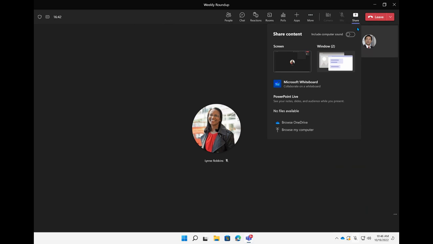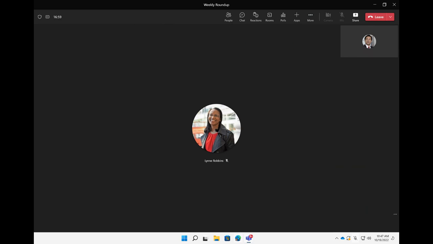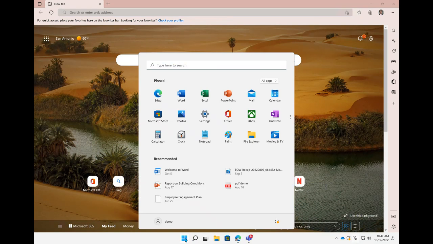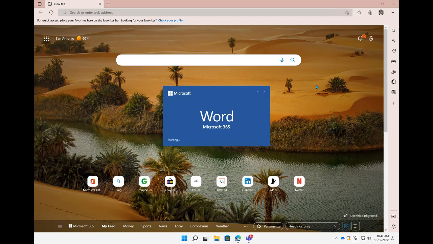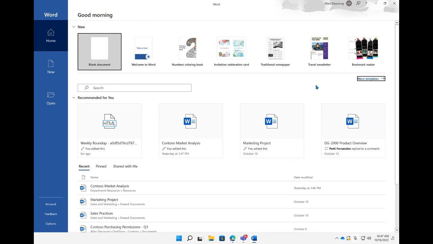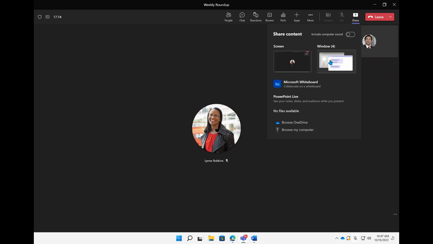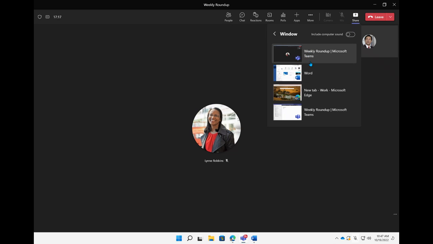I'm actually sharing my screen with you guys today. Well, actually, technically a window. But the difference between screen and window: screen allows you to show your attendees everything on your computer. So if I needed to go into a web browser, you guys are going to see that. If I open up my start menu, you'll see that, and open up another app, see it. That is screen. If I go into share window, you'll see that it's only showing me the items that I